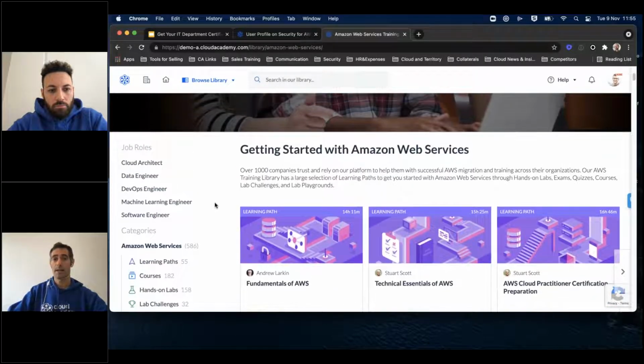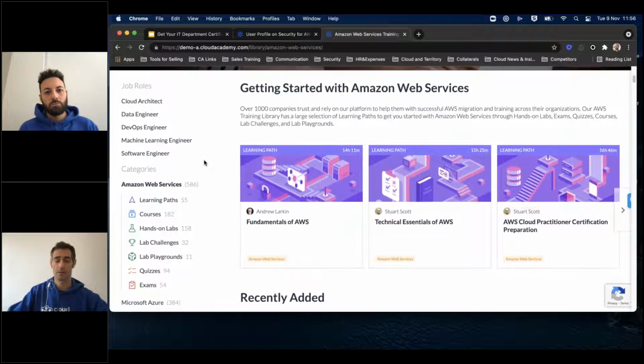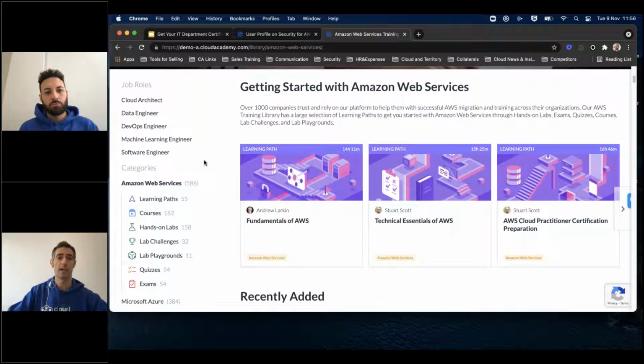The library, by the way, is public facing, which means that you can go online now and you can search in the search bar for any item that you look for. And there is also, if I remember correctly, a preview of the first course. The courses are instructor-led. All the platform, by the way, is in English, so you're going to have the subtitles and also the transcript of the videos. So this is also something that you have to know for people that are not native English speakers.